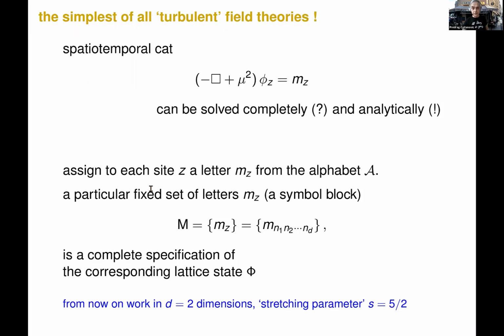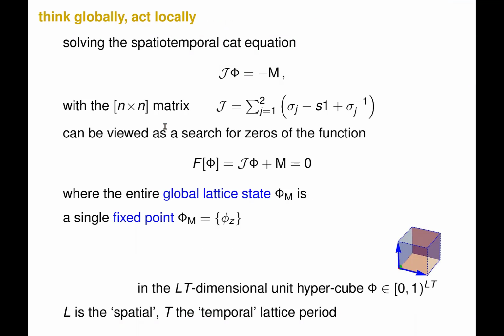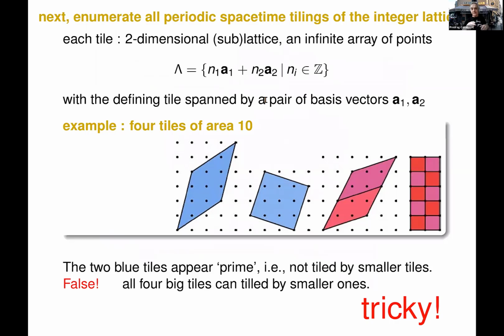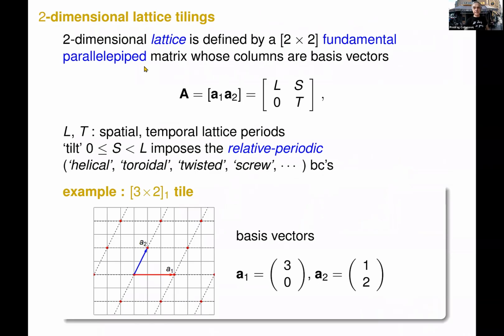I'll do this just in two dimensions. Same as always. I have a state, I bang it by the matrix. The way I think of it, I have a state, I have to satisfy the tangent condition, that's called the differential equation or law of motion, every place. And I solve that problem. And there is a little thing that happens here, which I find very confusing. Now I have to solve it on tiles of different size. And it's very tricky to count these tiles.